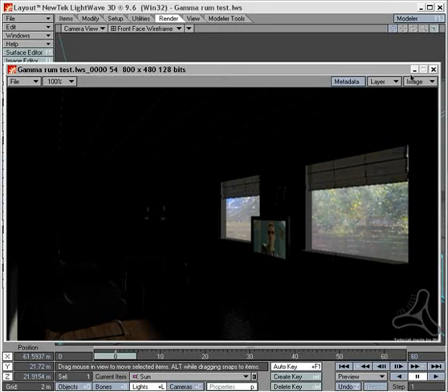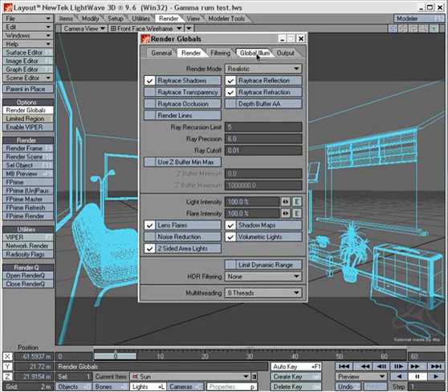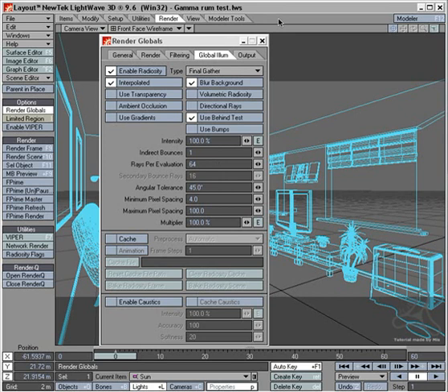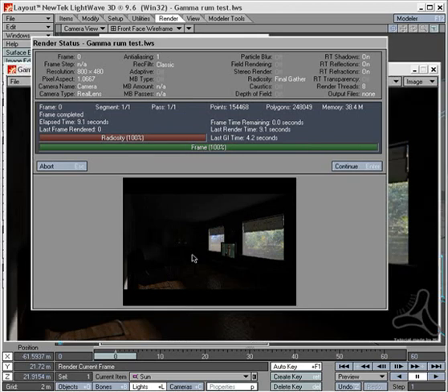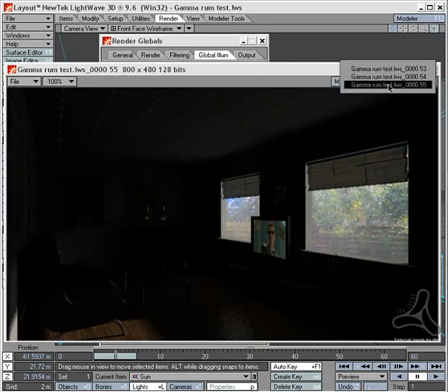So if I minimize this and go to my render panel here and to render globals, I can hit global illumination. Now I'm just going to turn on radiosity here, and for the moment just let it rest at default, because we're going to change these values in a minute. Now if I render again, you'll see here that stuff is beginning to happen. I'm getting some light bounces around in the room, and I've got some lights up here in the roof or the ceiling. I can flip back and forth here so you can see